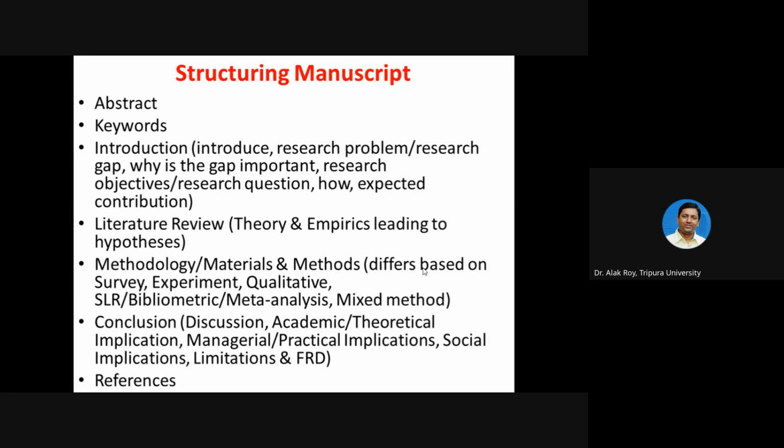You try to understand what are the empirics or empirical findings also available in the literature concerning this problem. If you find an exact match, then understand that there are some issues on the originality of your problem. If you don't find an exact match but find surroundings, it means you are on the right track. Then try to create your own logic, your own logical argument, so that you can exemplify and explain the problem statement, maybe backed by your hypothesis, whatever you are going for. Fine. So this is on your literature.